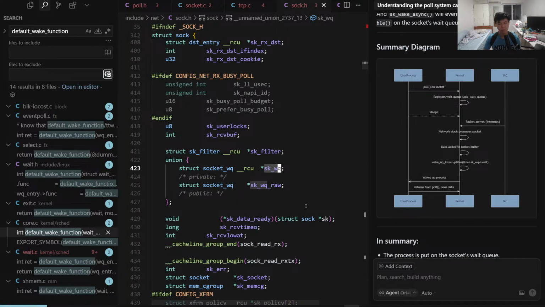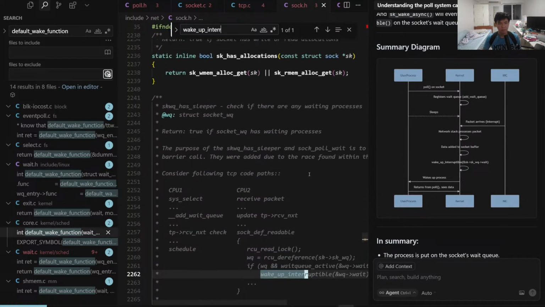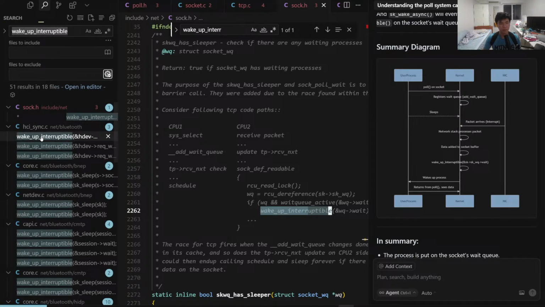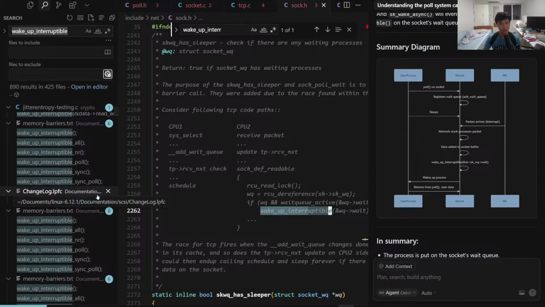So when we call the event flow, okay, so it needs support from the driver side too. So I think in this case, we're probably looking at